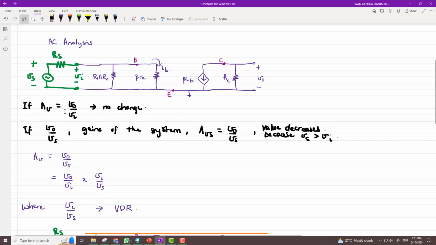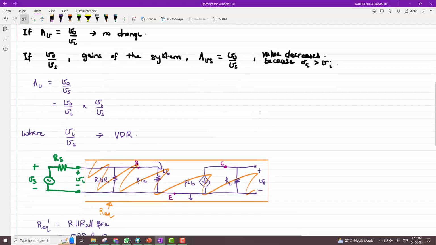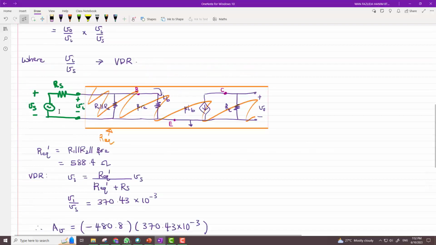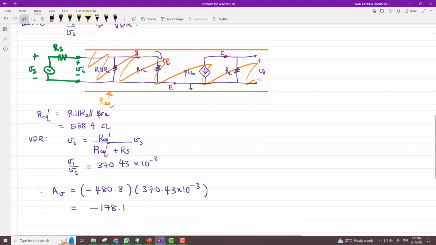If I consider AV equals V out over V in, there is no change. The expression is still negative RC over small signal RE. But for the whole system, I will have to consider V out over Vs. And for the gain of the system, V out over Vs is going to decrease because Vs is greater than V in. AV is going to be V out over V in times V in over Vs, and I can find V in over Vs from the voltage divider rule, where RS and the R equivalent of the amplifier can be represented by R equivalent prime, where R equivalent prime is R1 parallel with R2 parallel with beta RE